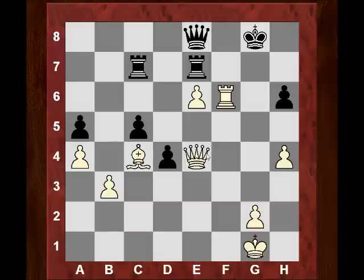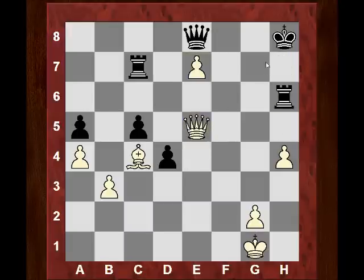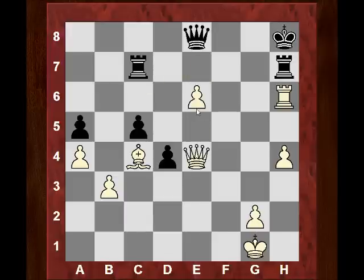maintaining lots of threats like queen f4 and rook takes h6. Black tries now king h8, and now instead of rook takes h6, I think this is good for white anyway. This position, even here, because we've got things like e7. This is crushing as well. Even the exchange down, but Fischer actually played